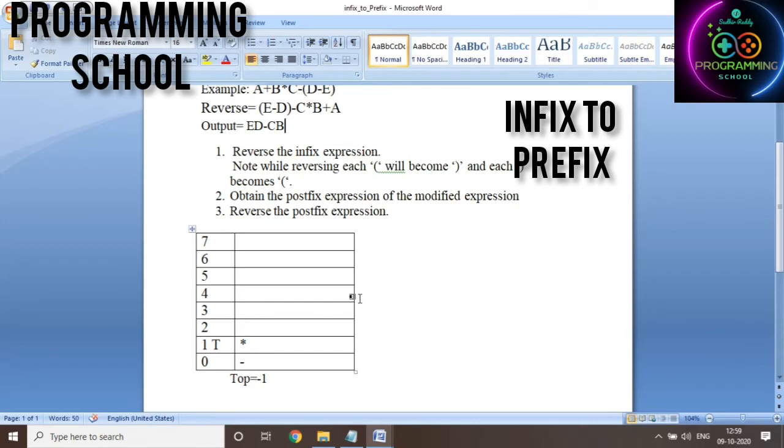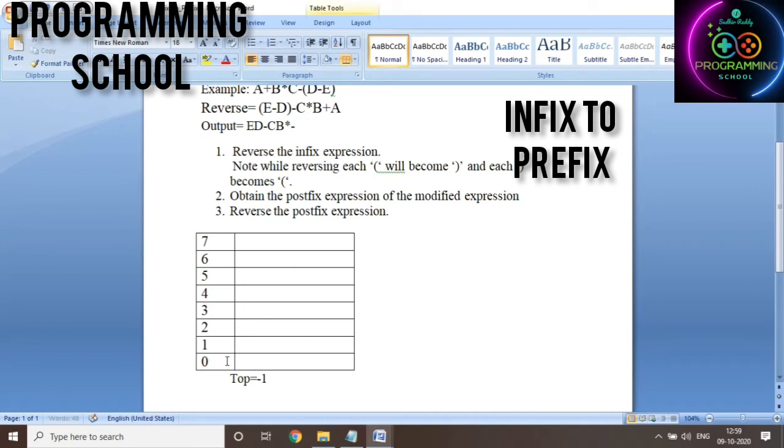Now the addition operation is there. Is the addition precedence greater than multiplication? No, not at all. Then I am going to delete this one and append it to the output, and the top is going to be minus here. Again I check: is the addition precedence greater than subtraction? No, both are equal. If both are equal also, I am going to delete that one and append it into the output string.